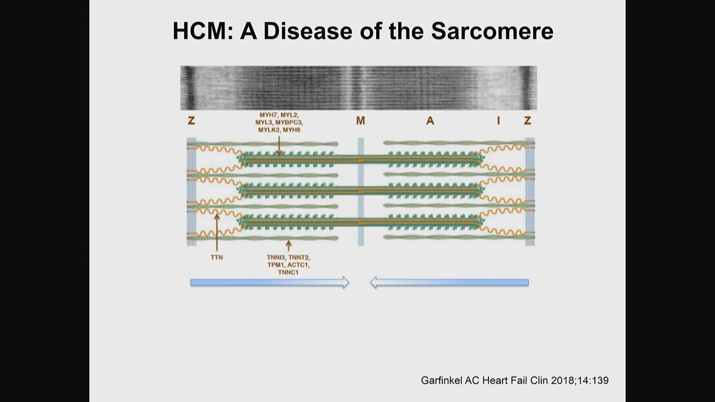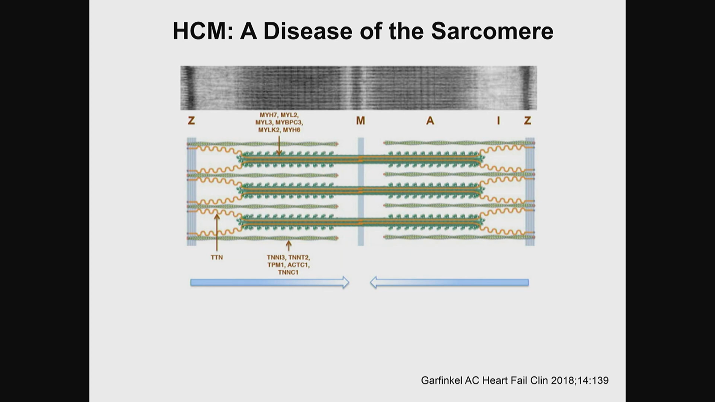We've learned over the past 30 years that hypertrophic cardiomyopathy is a disease of the sarcomere. This cartoon is of the molecular motor of the heart, or the sarcomere, which can be divided up using electron microscopy into different domains, including the Z disc, the M line, the A band, and the I band. Shown here in green and yellow are the thick and thin filaments, which slide across one another to underlie ventricular